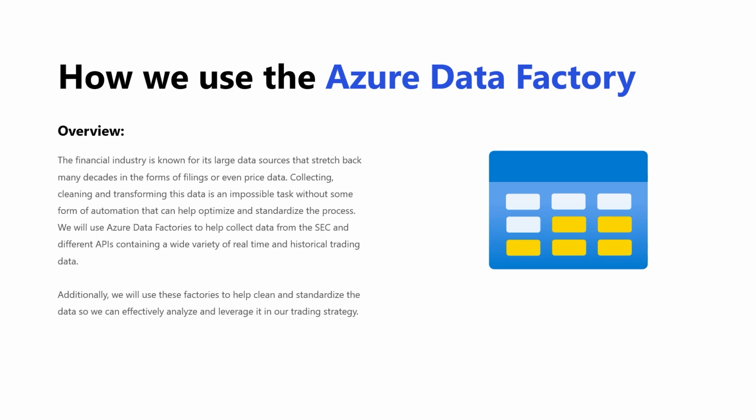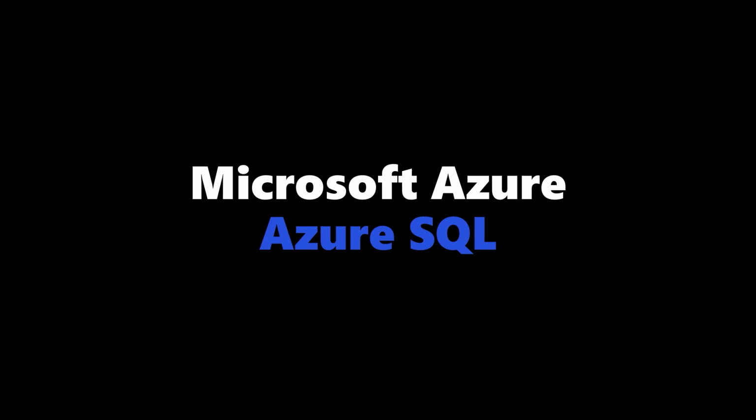And you might see me do some repetitive actions. Really, that's just for demonstration purposes. So we might connect to the same data source using a different link service. At the end of the day, it's not to say that's what you would want to do. It's more of a, hey, if you ever had to connect to this link service, this is how you do it. So just some things. Okay,